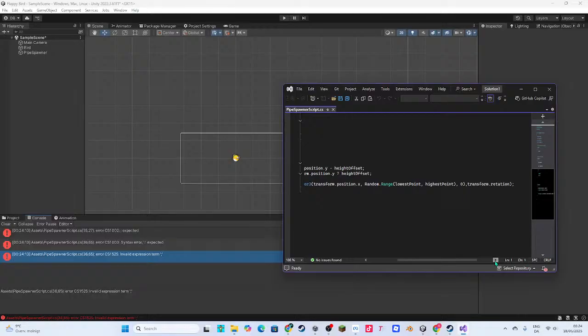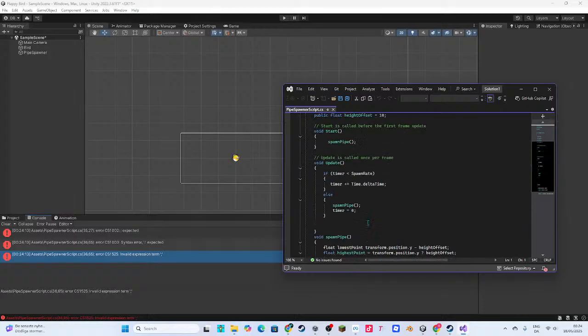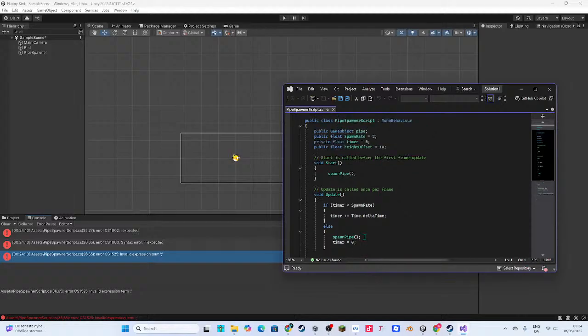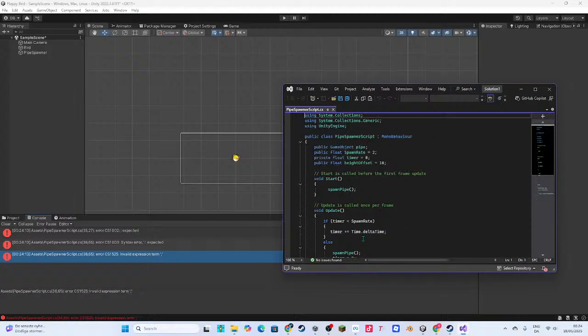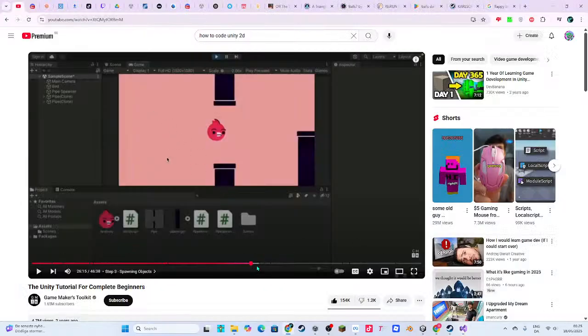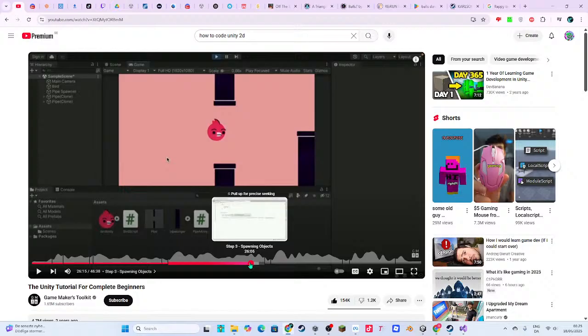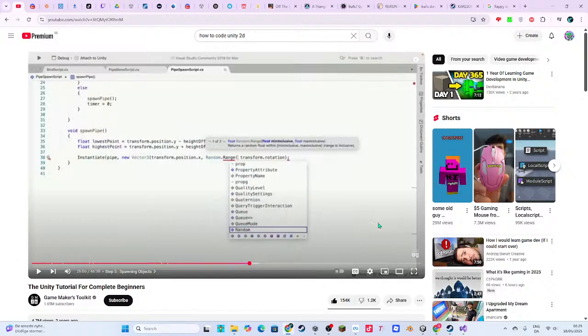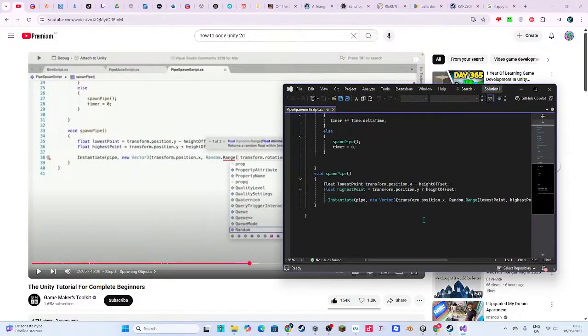It's kind of stupid. Bro, I don't want to keep going back into the script and changing this, because it doesn't work. That is very bad.